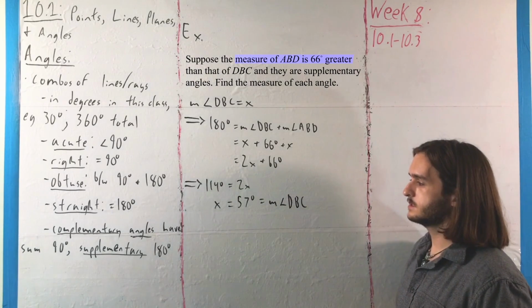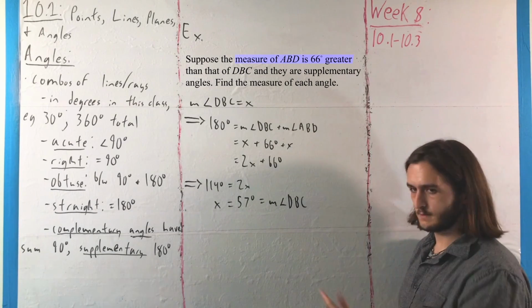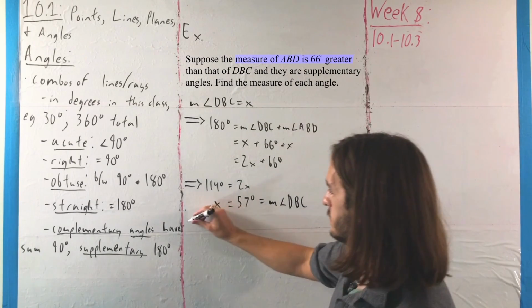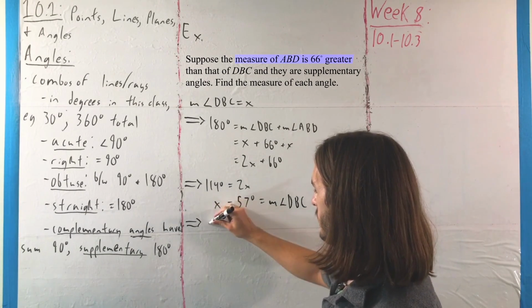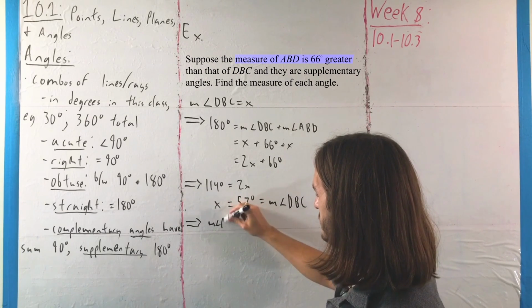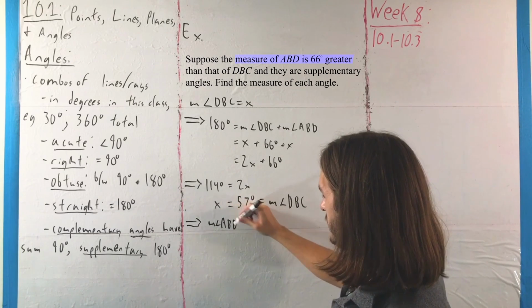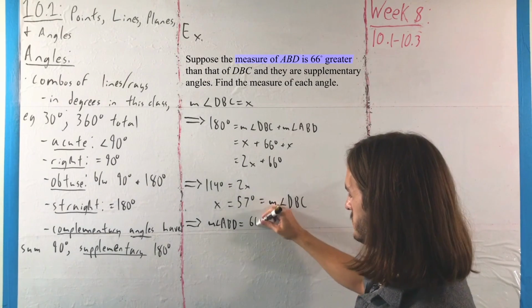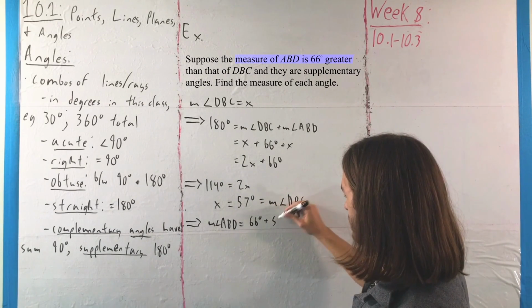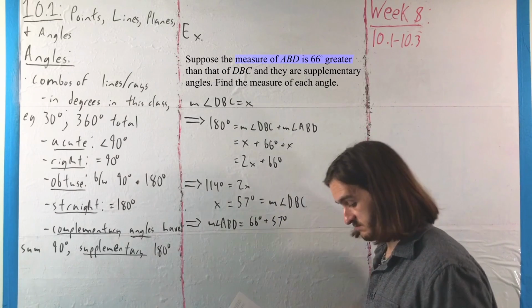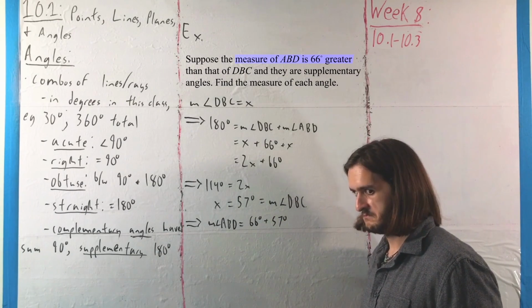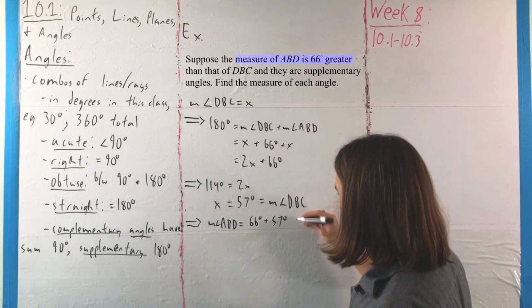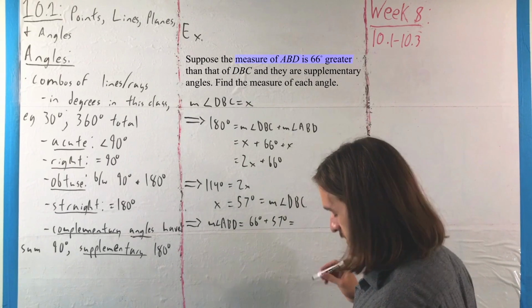And because x is 57 is the measure of DBC, that then tells us that the measure of ABD, its supplement, as it were, is going to be 66 degrees plus 57 degrees, because it's 66 degrees bigger, or, as most people would prefer to say,